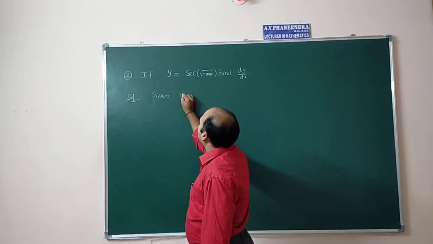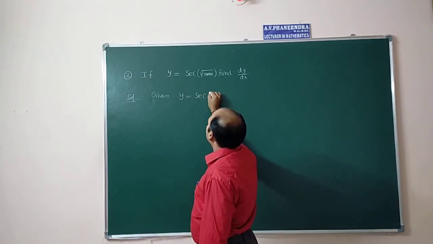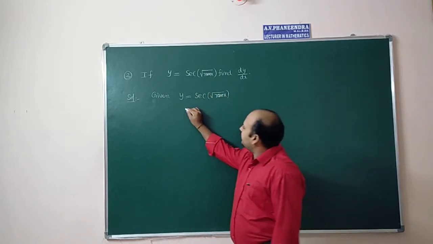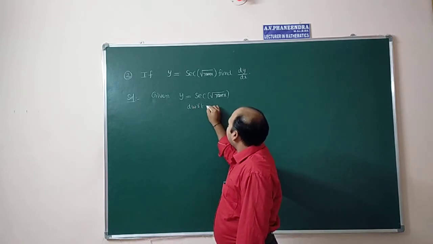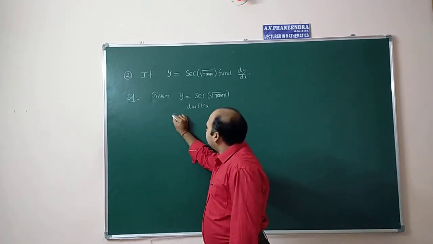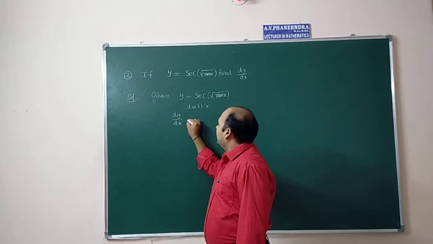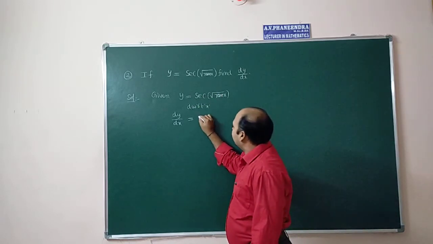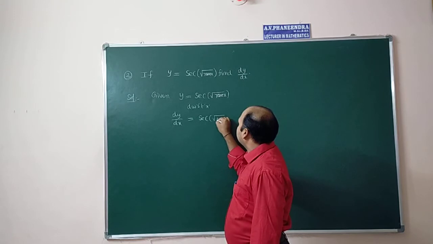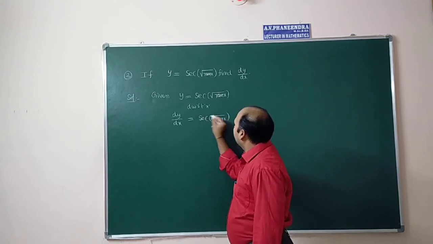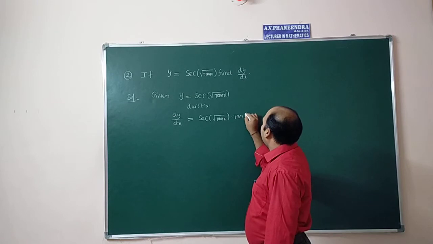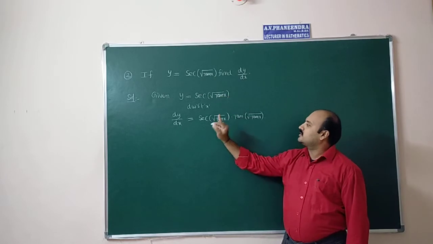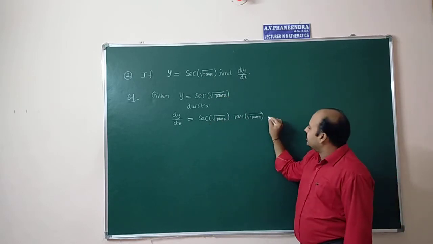So first, given y equal to secant of root tan x. Differentiate with respect to x. Y derivative is dy by dx is equal to, it is in the form of secant x. D by dx of secant x is secant x tan x. So secant of root tan x into tan of root tan x. We applied the formula now. D by dx of secant root tan x is secant root tan x into tan root tan x into d